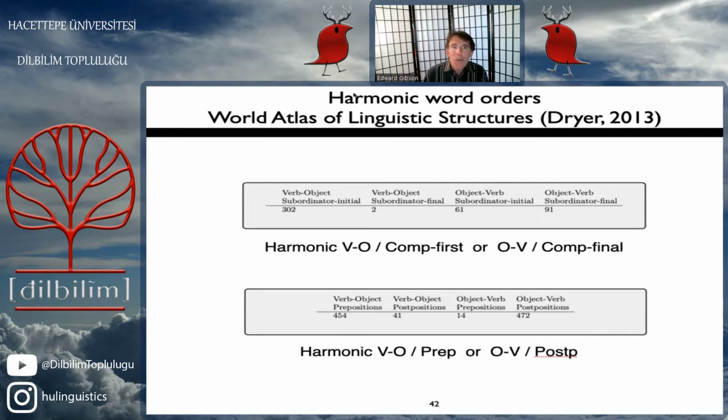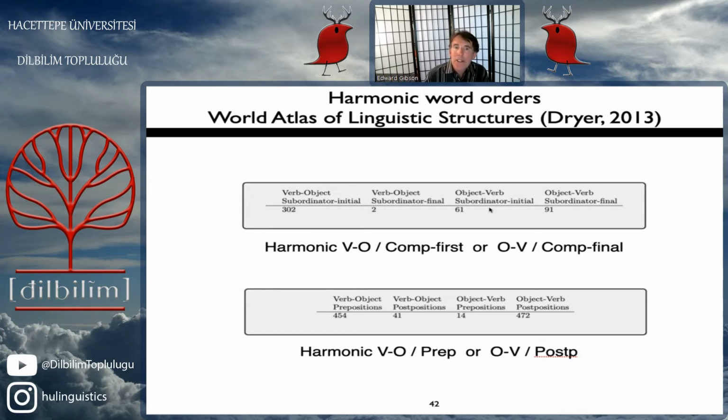So this is from the World Atlas of Linguistic Structures. These are harmonic word orders. This is just the observation, without the explanation, that languages are either English-like, which are verb-object and subordinator initial most of the time, or Japanese-like, which are object-verb and subordinator final. There's actually quite a large proportion of languages which violate this,